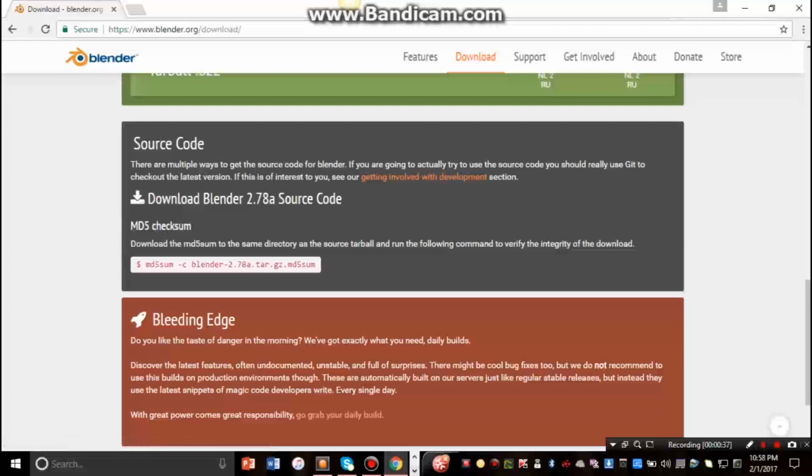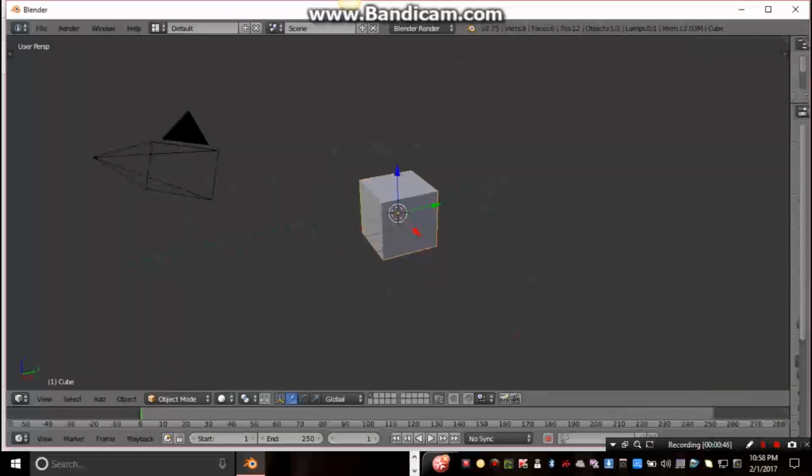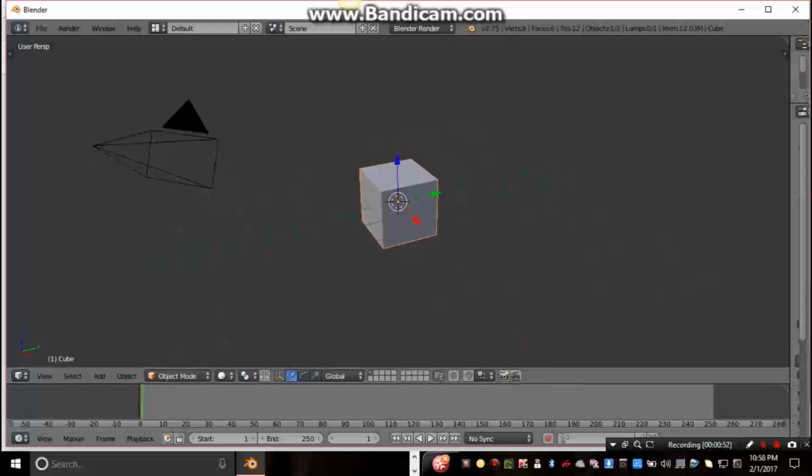Now I already had Blender opened on my computer, so let's move these out of the way. Now this is your timeline. This is where you will set keyframes for your animation. Now right now there's nothing on it, so